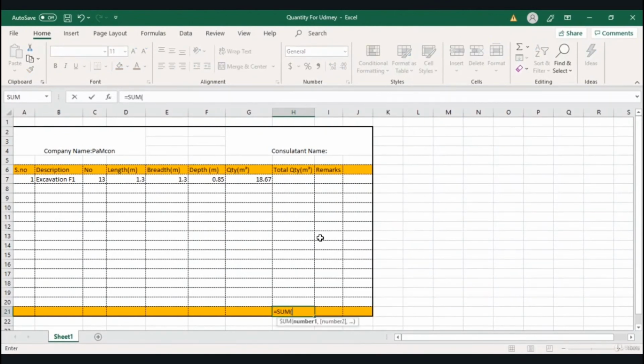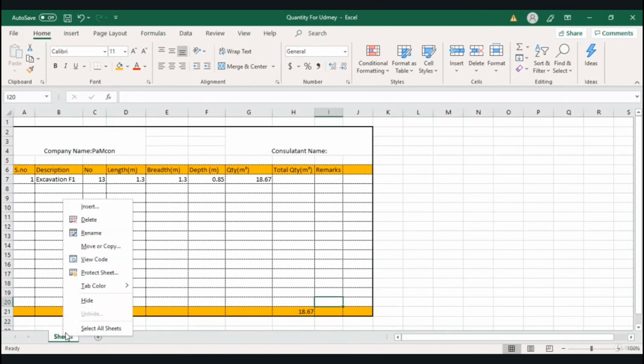Okay, now in this column I'll go here equal to, I'll sum up all of the values. For example, in your case, if you have F1, F2, F3, F4 here, you have to sum up all of the values over here like this, equal to sum, I'll drag this all. Okay, I'll select this range and I'll close the bracket and hit enter. Now this is the total quantity over here. Now you can add any remarks over here as well.